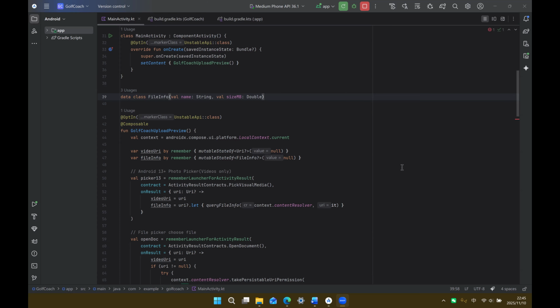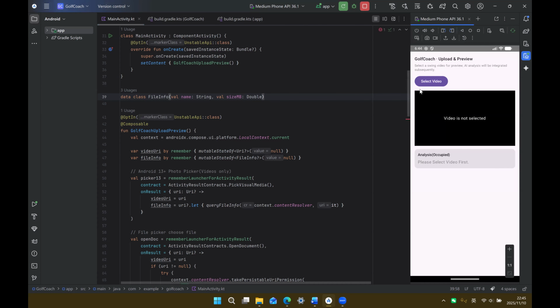And we achieved the upload and preview section, to prove that the application can compile and run successfully on the emulator. Now we can see this is the app,